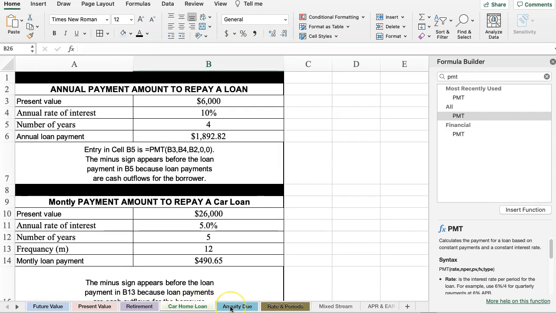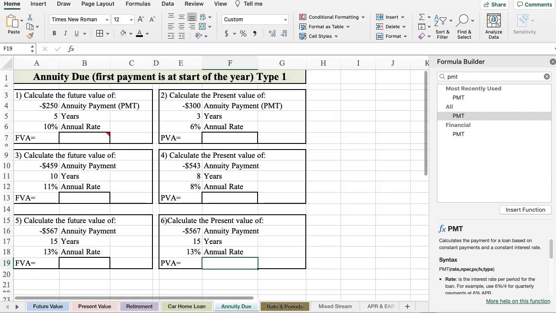So here's an annuity due. These are similar to what we did in future value, but these are in annuity due format. So we want to calculate the future value here. So how do we do that? It's saying calculate future value. Calculate the future value,